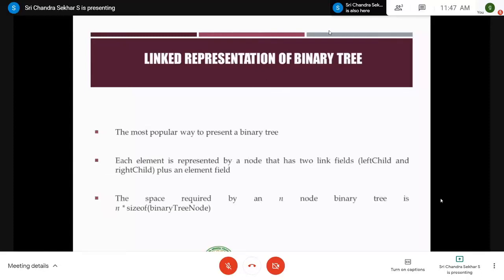Very simple. As you know, a linked list is nothing but a collection of nodes. The nodes can be divided into 2 parts or 3 parts. That's what we have discussed in the concept of linked list, right? It depends on the application. For example, if you are dealing with a single linked list, you should divide it into 2 parts. If you want to represent a doubly linked list, then you have to divide the node into 3 parts.